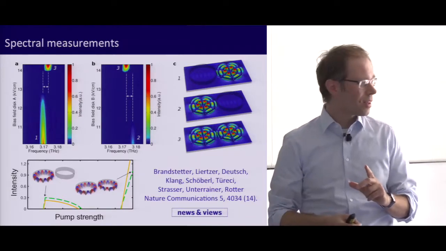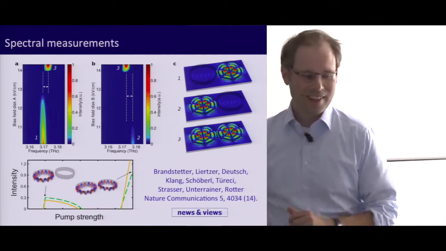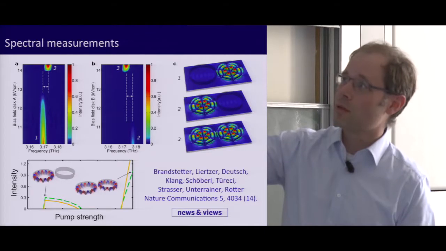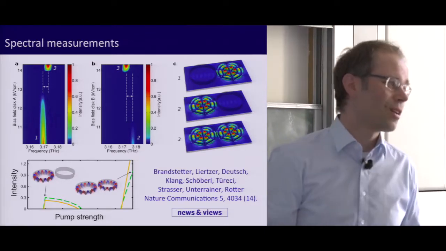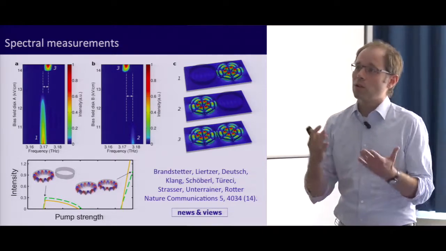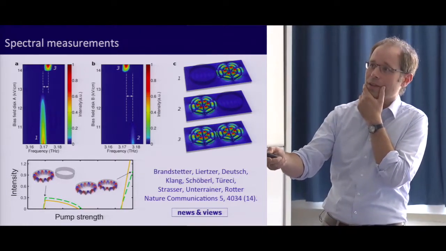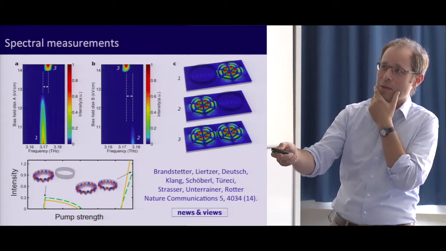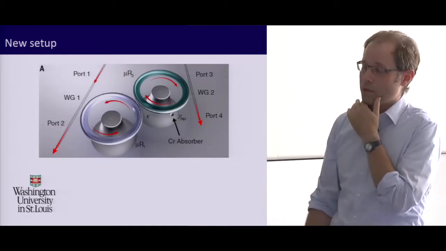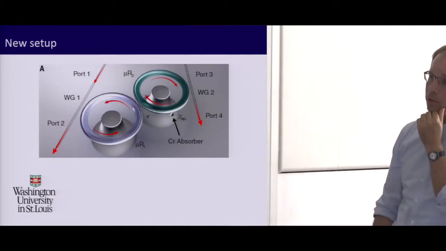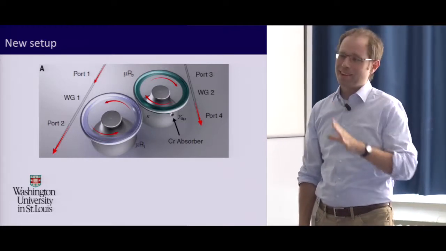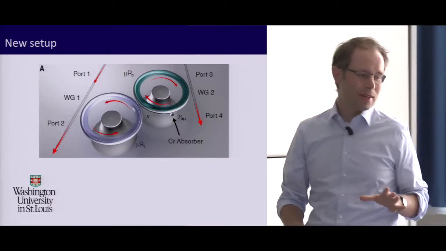That's actually not quite true, what I just said, because the sad thing about this experiment is the exceptional point occurs in a region where the laser doesn't even lase. So it's a downside of this. So how could we see, even in the experiment, that there's really an exceptional point there? This is something that we discussed with a team from Washington University in St. Louis. And they have a very clever coupled resonator setup